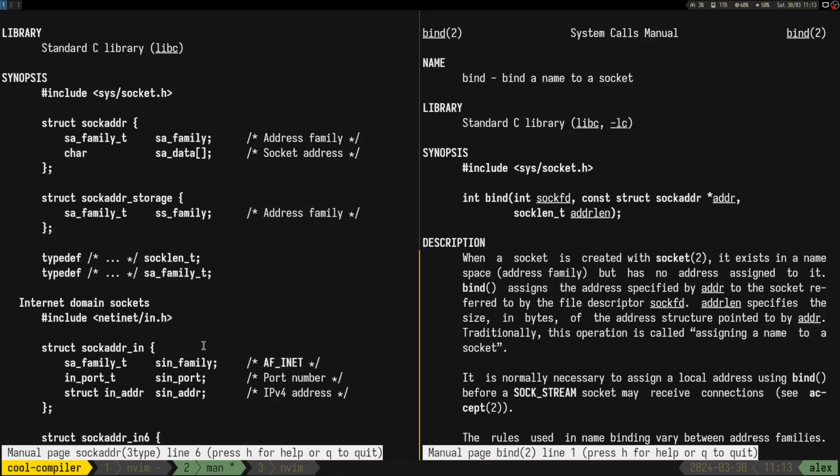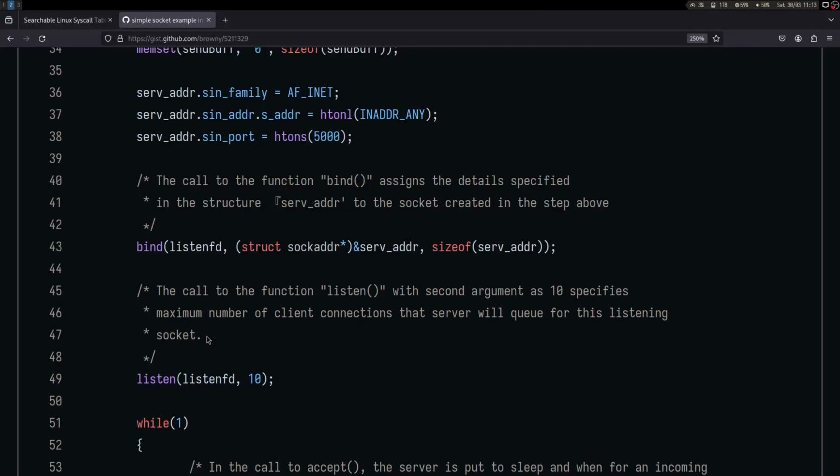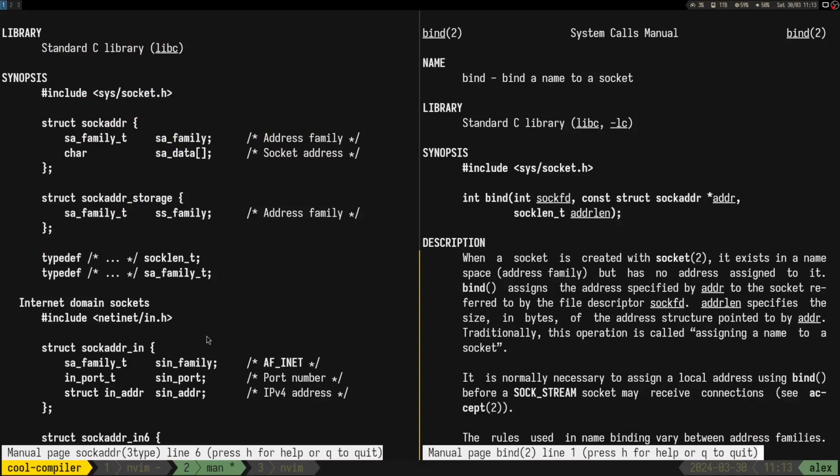So it's kind of like the size is always going to be the same. That's a good point, but you kind of want to be able to port all of the syscalls, so I think it should also have address length. So yeah,